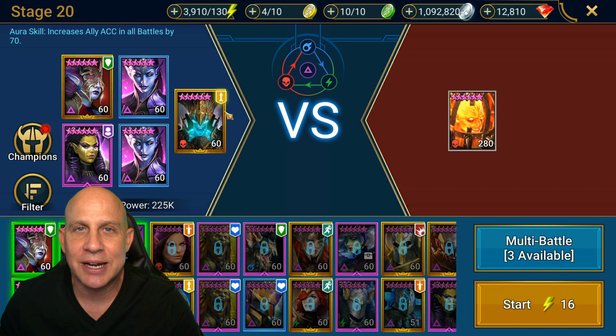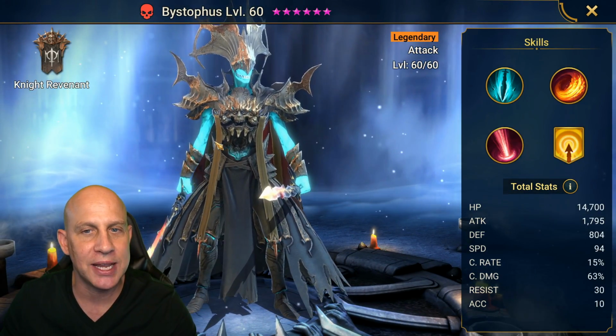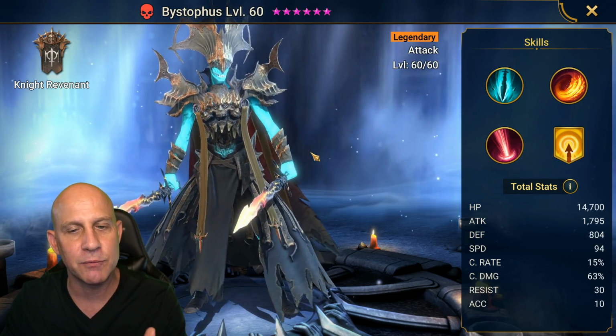Stu here with Raid Shadow Legends to go over Bystophus, and I'm going to tell you right away, I am not impressed with this champion. Yes, he can do a lot of damage, and he can actually do some cool debuffs, but